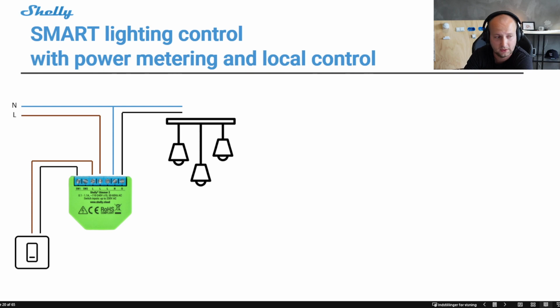What I'm trying to say with this is that the dimmer itself has a very attractive price, in my opinion, also compared with many other standard dimmers without smart functionalities. So why not use the Shelly dimmer in any solution where you need a normal dimmer, and then you can tell your customer, by the way, I installed a smart dimmer for you, but it's optional. If you want to use the smart functionality, you can activate it, and then you can start controlling your lights on an app or by voice or whatever you would like to, but it's optional. So kind of making a smart ready installation for the customer.